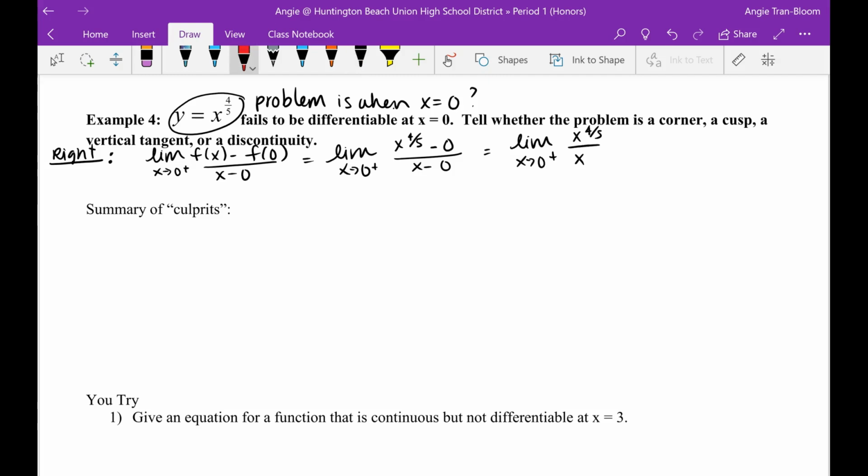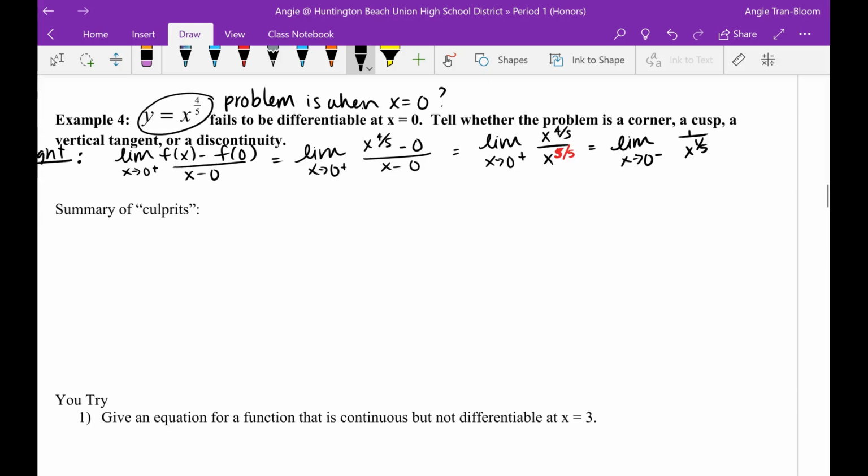x has an exponent of 1, which I can convert to 5 over 5. Because the x's are the same base, I can reduce by subtracting the powers. So if I do that, it's going to be x to the 1/5 now on the bottom. As you can see, you can't really substitute in 0, but you can substitute in something positive coming from the right, like